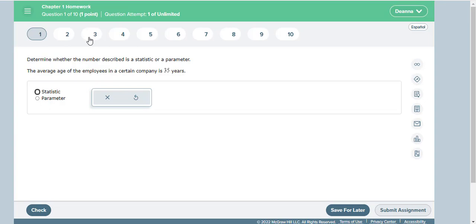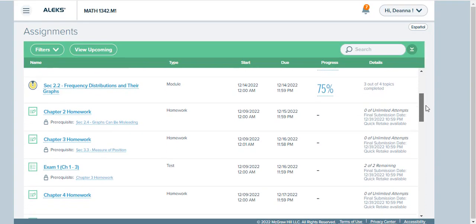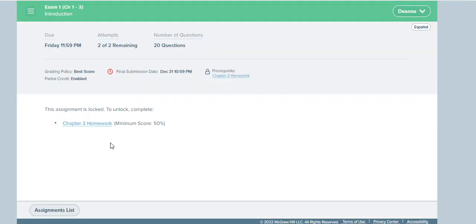You're allowed unlimited attempts on homework, but on exams, let me scroll down to an exam. Well, it's not going to let me see it since I didn't do the prerequisite. Yeah, it's not going to let me see it. But on exams, you're allowed 2 attempts on an exam. So the first time you take a test, do the best you can, use your notes. If you're not sure about something, try anyway, and then after you submit your exam, it'll give you a grade. When you retake your exam, you'll already have credit for the problems that you got correct. You'll only have to redo the problems that you miss.